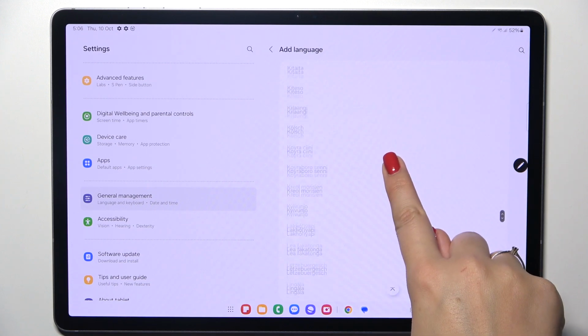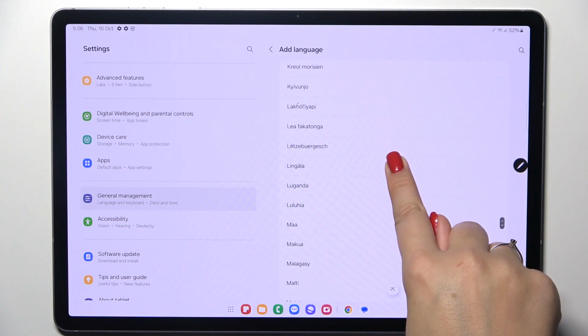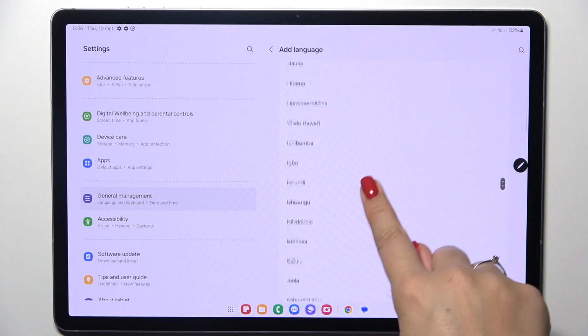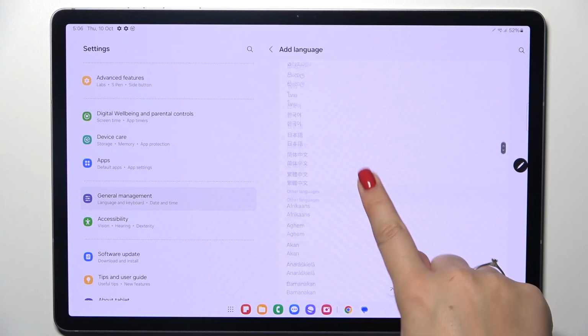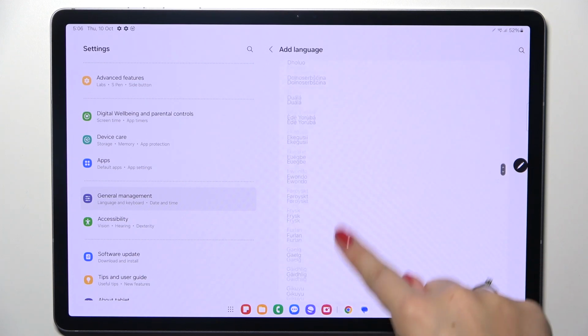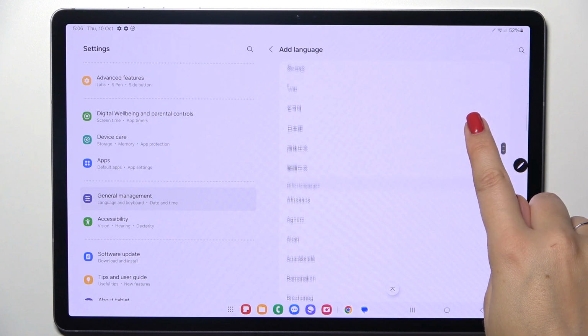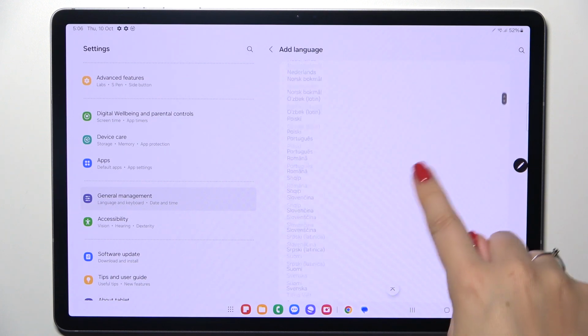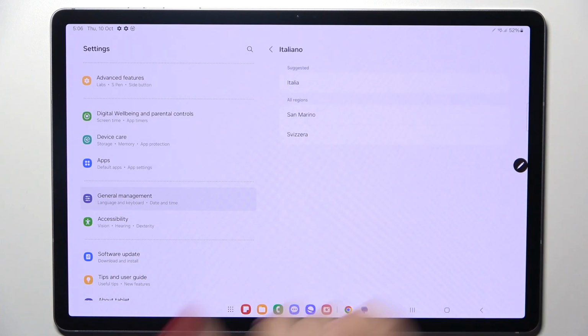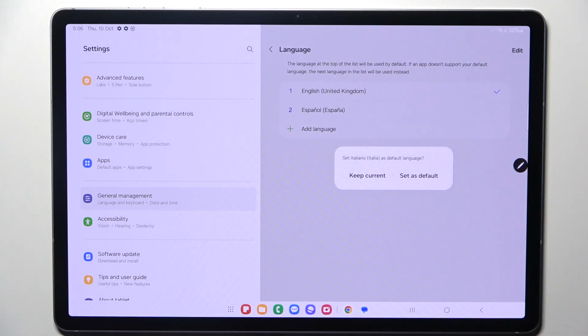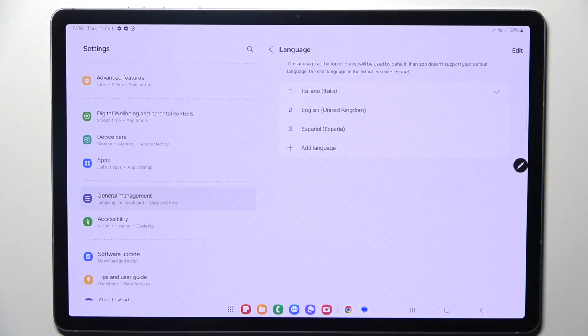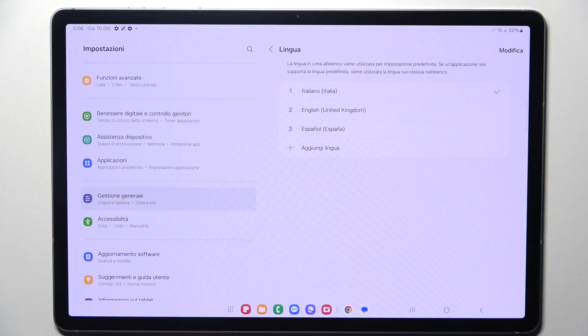I'll choose maybe, it doesn't really matter, but I just want to show you the language which will for sure appear. Maybe this one. Just tap on it, choose the region, and your device will ask you if you want to set new language as a default. So just tap on Set as Default, and from now on the whole system will be displayed in the chosen